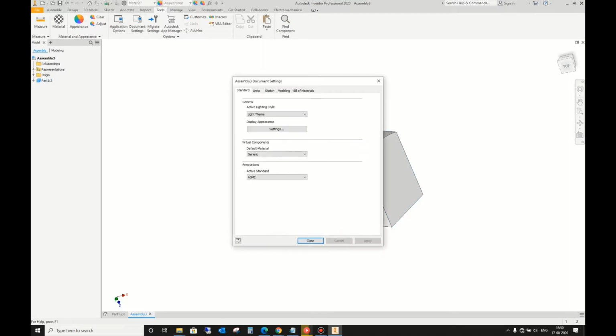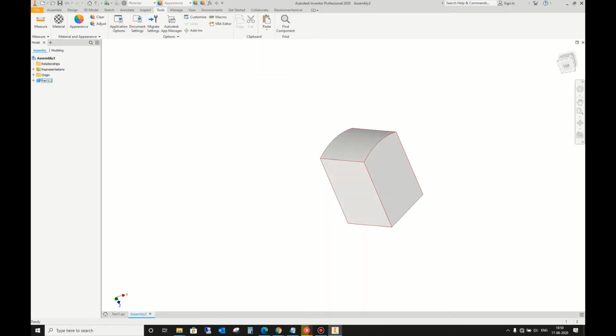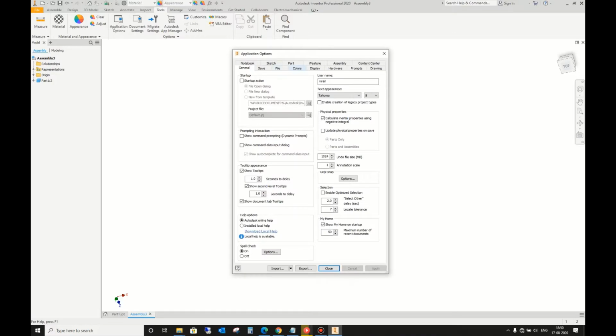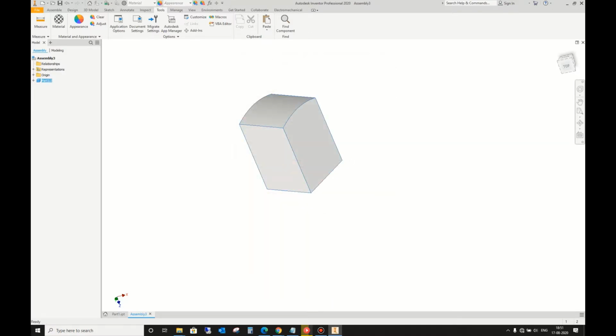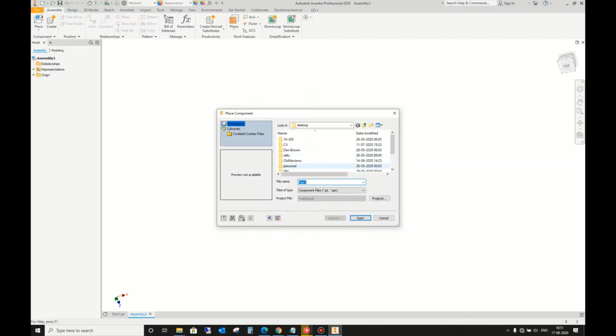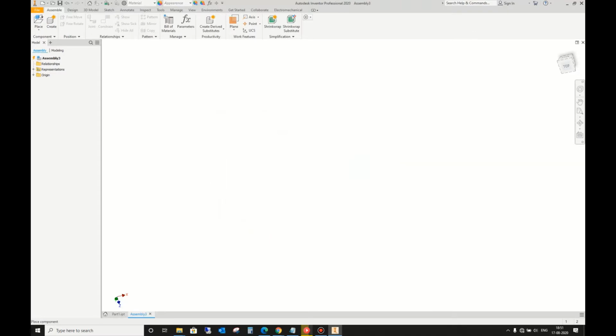One setting I would like to change here now is, when we place this component, it was free to move. It is also freely moving now. But generally what helps is when we can ground a part when we first insert it in our assembly. So clicking over assembly here, we can activate this option, place and ground first component at origin. So now when we bring our first part in the assembly, you can see that it is already grounded.